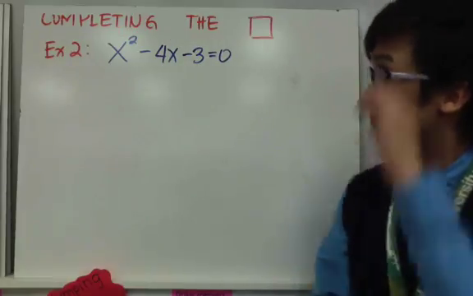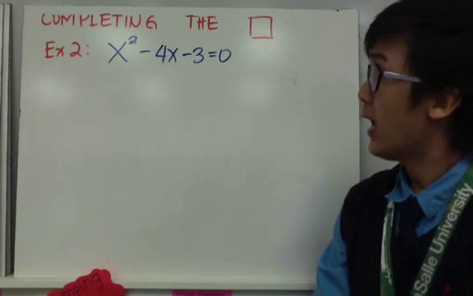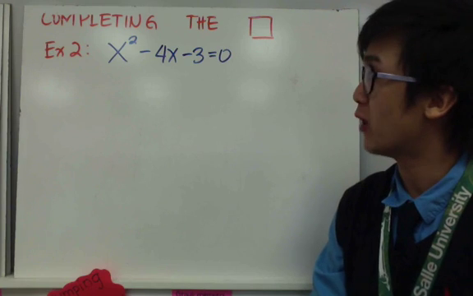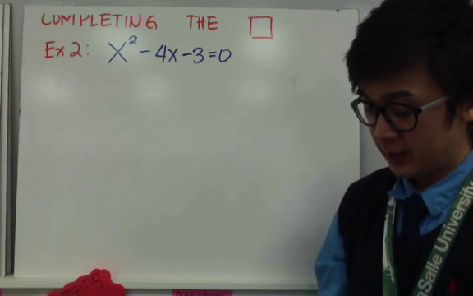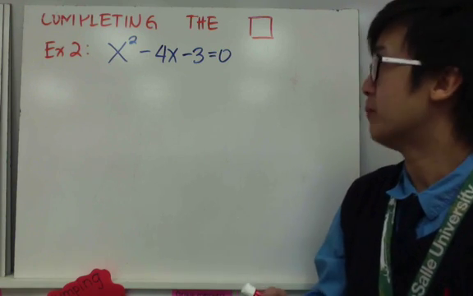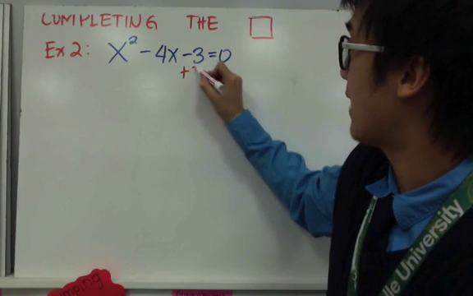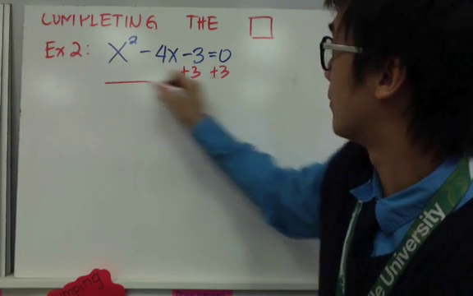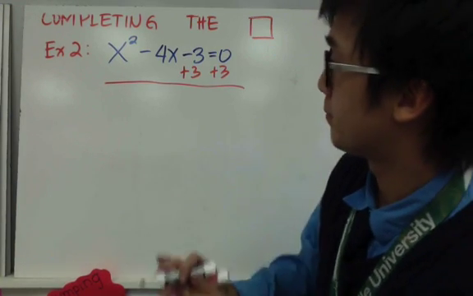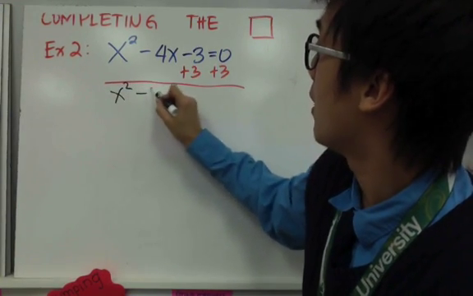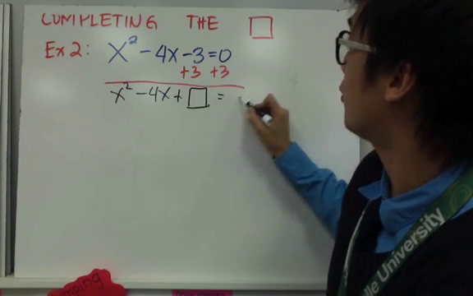Okay. Now, we have x squared minus 4x minus 3 equal to 0. We're going to use the completing the square method to solve for x in this equation. We're going to use the method from scratch. If we can remember it, we know that the first step is to always get rid of the constant. So let's add 3 on both sides. If we add 3 on both sides, we'll end up with x squared minus 4x plus a box equal to 3